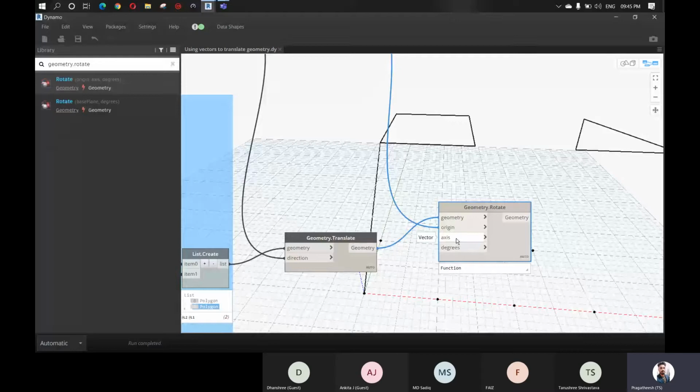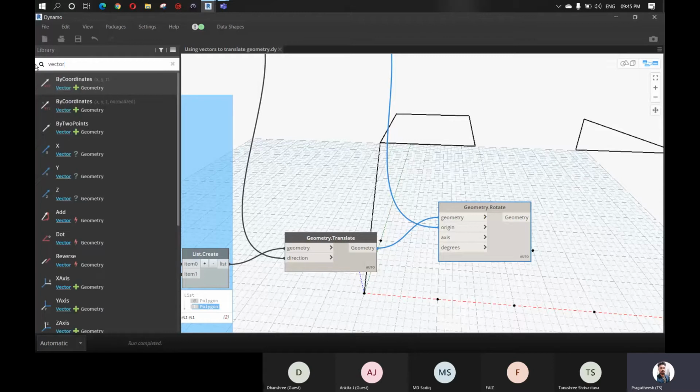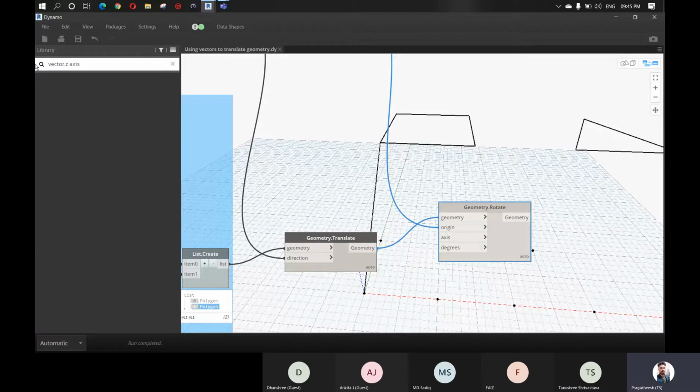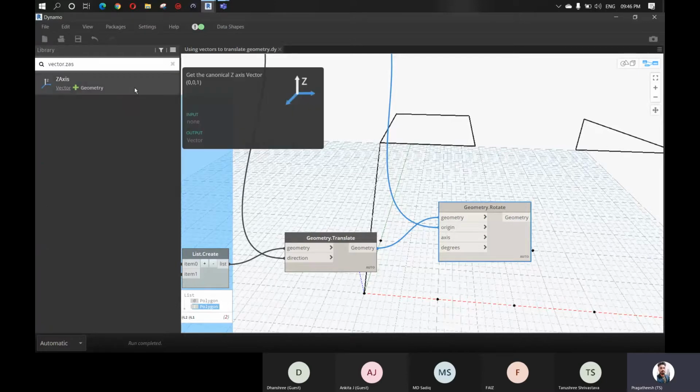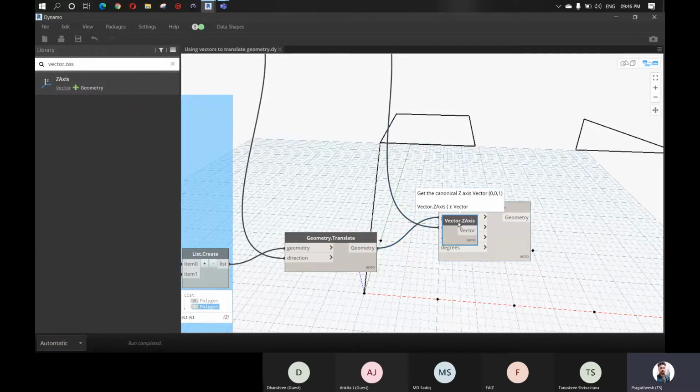Let's say that I want to rotate these two nodes with z as the axis. So just search for vector.zaxis and connect here. And you want a degree, right?